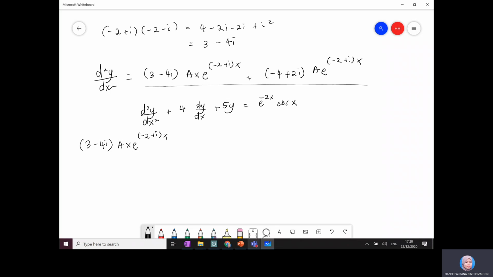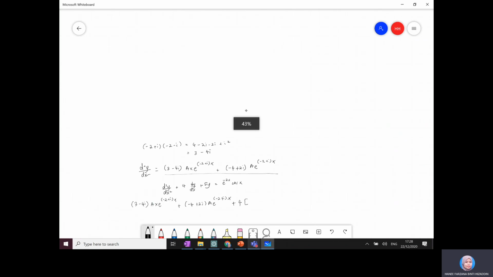It's a bit tedious actually, this part of the work, and it's easy to make mistakes, so you need to be careful here. So plus 4 times dy dx. So previously we have, oh,